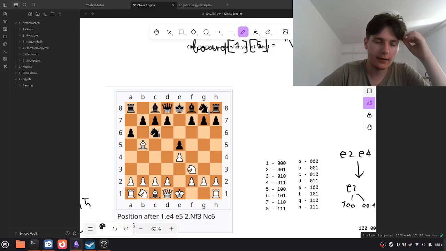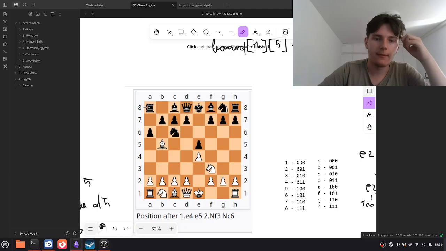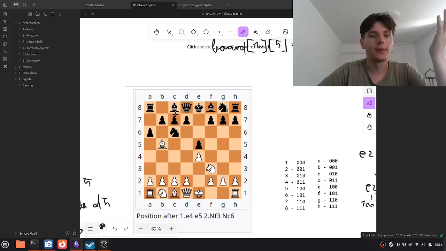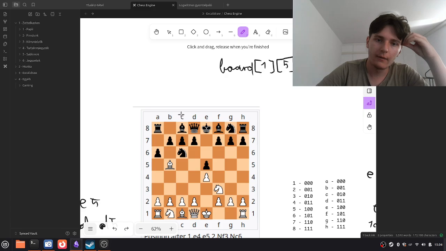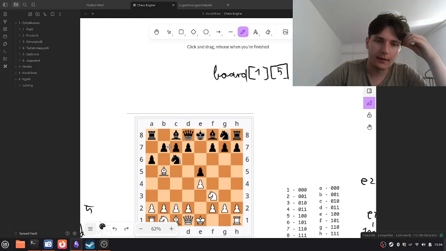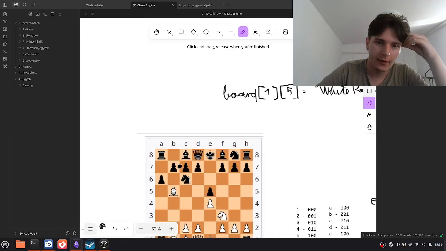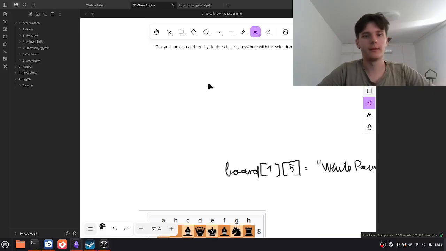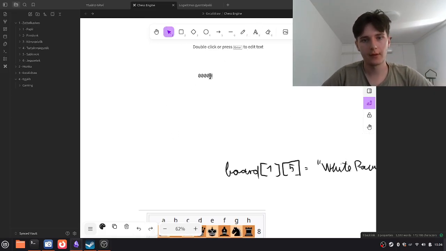The main idea that the chess engine uses is that we have 8 rows and 8 columns, so we basically have 64 tiles in a chessboard, which means that, for example, let's say we just want to write down the black pawns. We can draw all of the board positions like this,